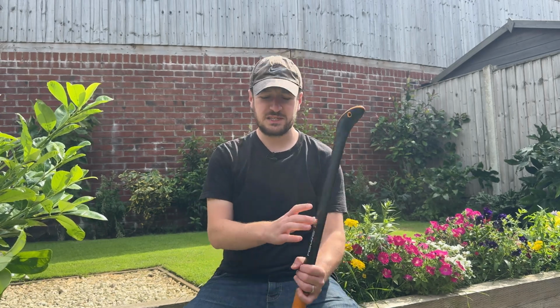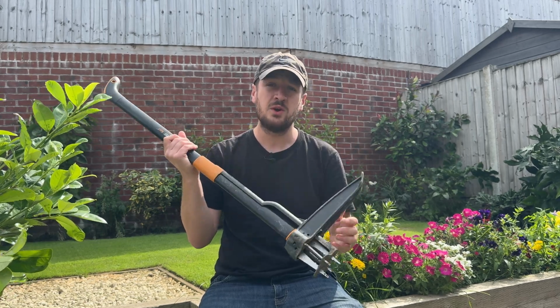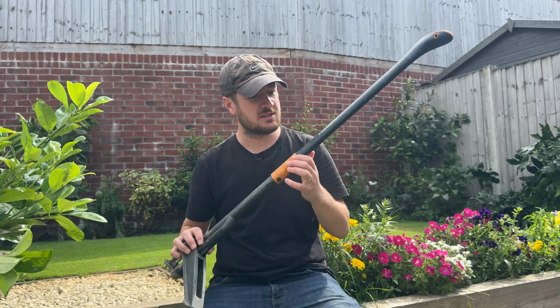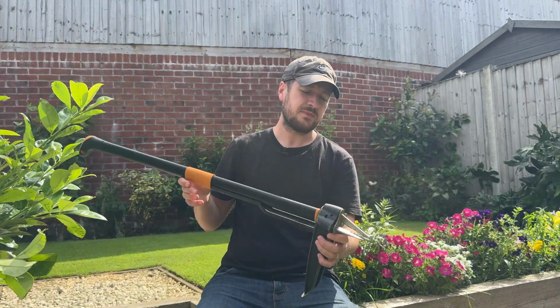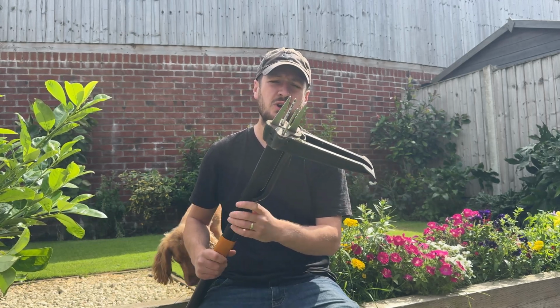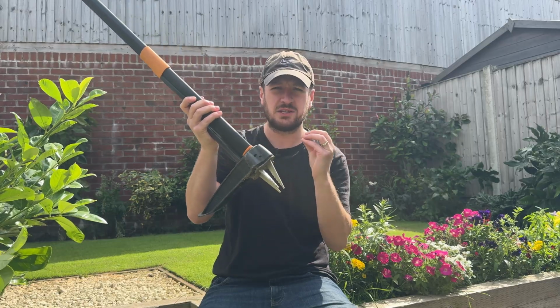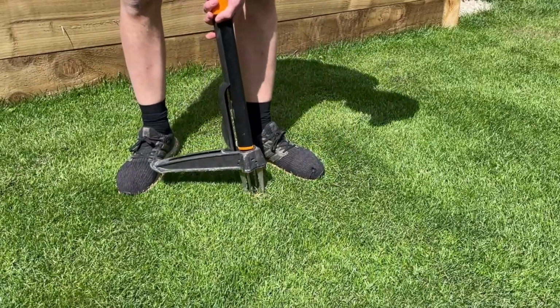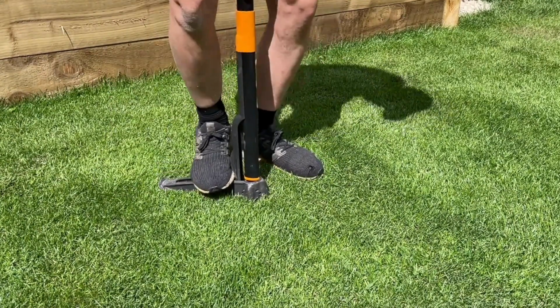Let's get straight into how we can get rid of lawn weeds. Now, the first method is going down the manual route, and that's using something like this, which is a manual weed puller. Now, this is the Fiskars Exact, but you can get loads of different ones which do a fairly similar thing. You can see right on the end here, we've got these 4 teeth, prongs you call them, and you basically put them right in over the top of a weed. You put your foot on the pedal, you pull back, and what it'll do is it'll grip tight hold of that weed, the root included, and when you pull back, you're going to remove pretty much, ideally anyway, the entire